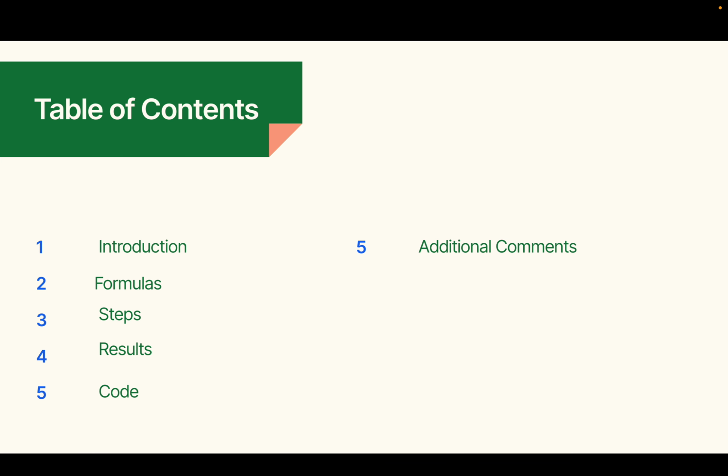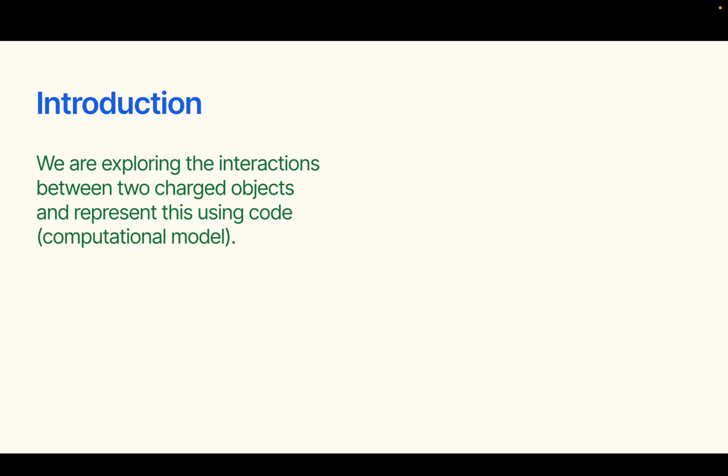What we're going to go over is an introduction to the lab, then some formulas needed for the lab, our steps for figuring everything out, our results, and then the code we used to do a computational model, and then some additional comments. So the introduction is we're exploring the interactions between two charged objects, and in this lab, we're exploring tape, which we call U-tape, and representing this using code, our computational model that we used in